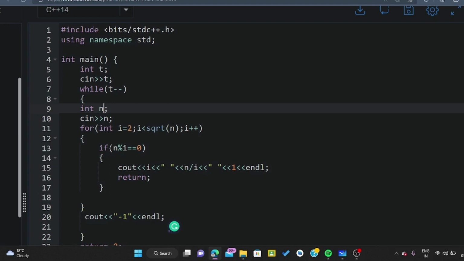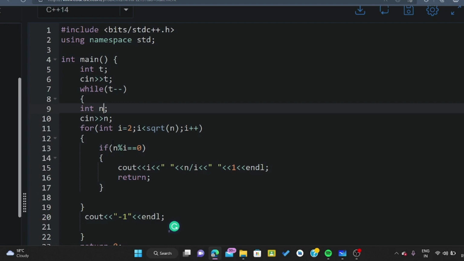So why am I taking the square root of n over here? The reason behind this is, if the number given to me is prime, and it is a really big number, and I write n over there, then my whole for loop would be executed, and I will waste a lot of time, right? And at max, if a number is a composite number,